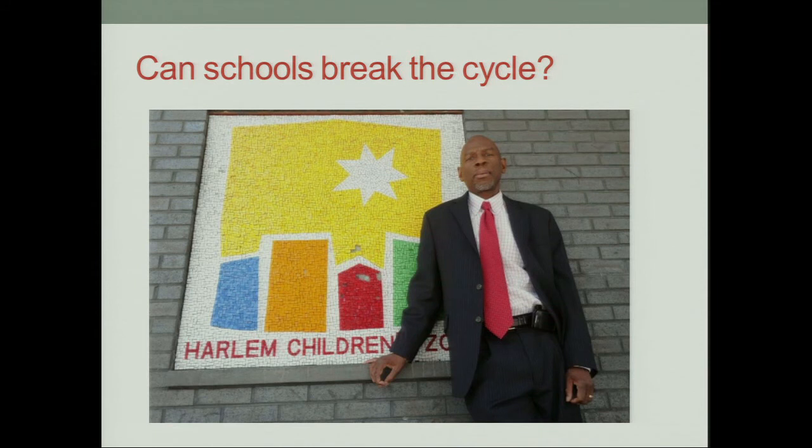So the question is, can schools break this cycle? Can schools use this influence that they have over social networks to alter this and reverse that downward spiral into an upward one? Experimental or quasi-experimental studies looking at this are incredibly limited, but there are a couple out there, and they suggest that this might be possible.